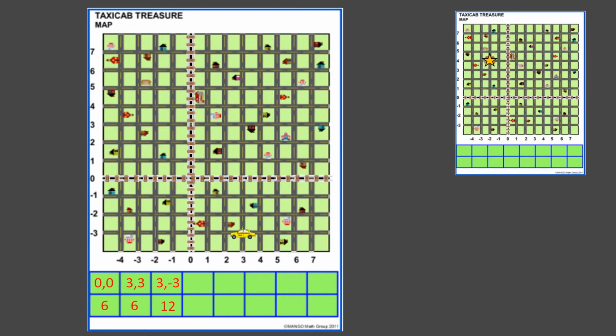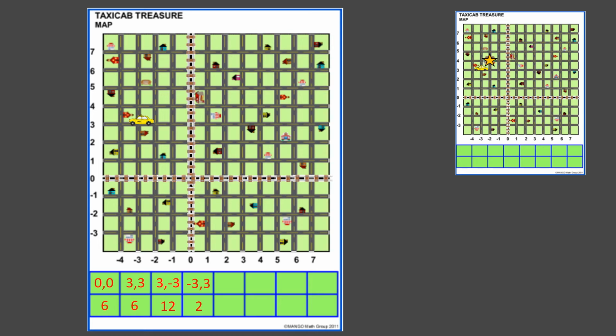So I'm now going to figure out where my next spot's going to be. I'm going to move 12 spaces from where I was because I'm 12 away. And I now have that new spot, which is, if you look at the treasure map that has a star on it, I'm right there, and I am actually 2 blocks away. So now they would write the new coordinate down, -3, +3, and say 2 blocks away. And now the person has to guess where I am with relationship to that one. So it's a lot of logic being used, but they're also going to learn coordinate points, where they go within the grid